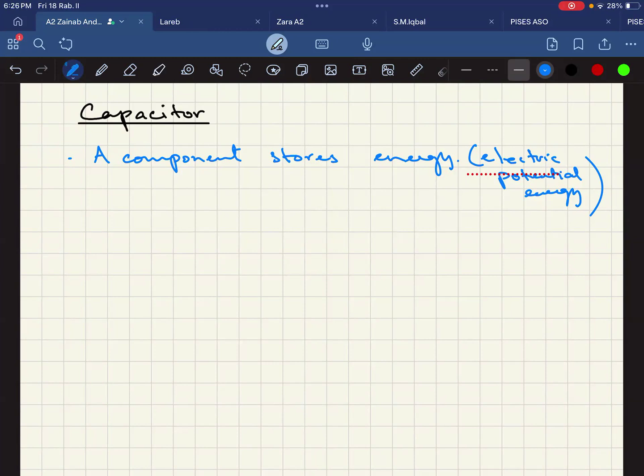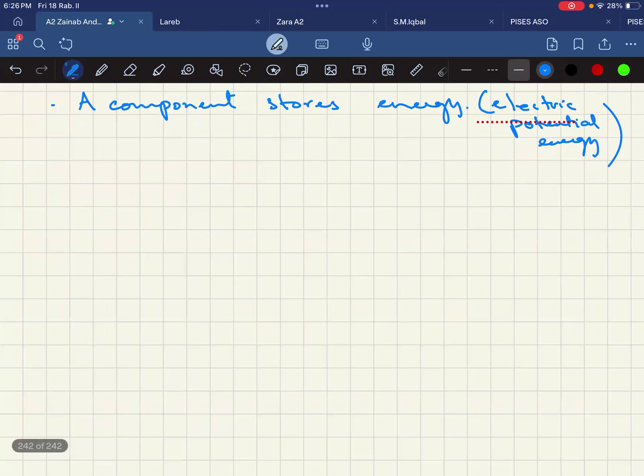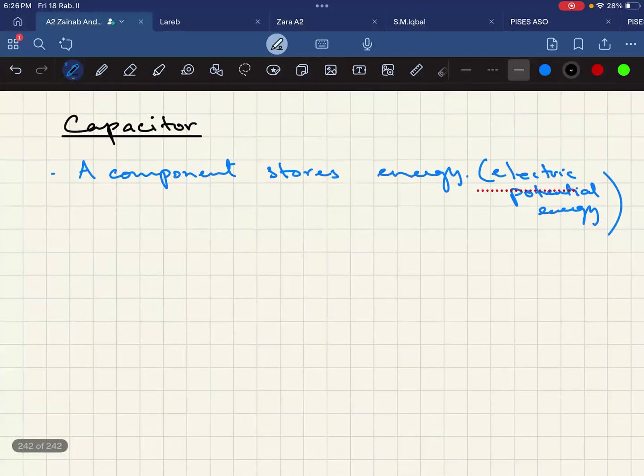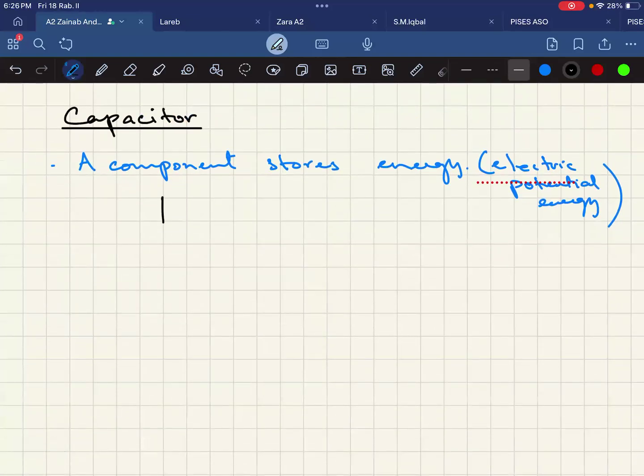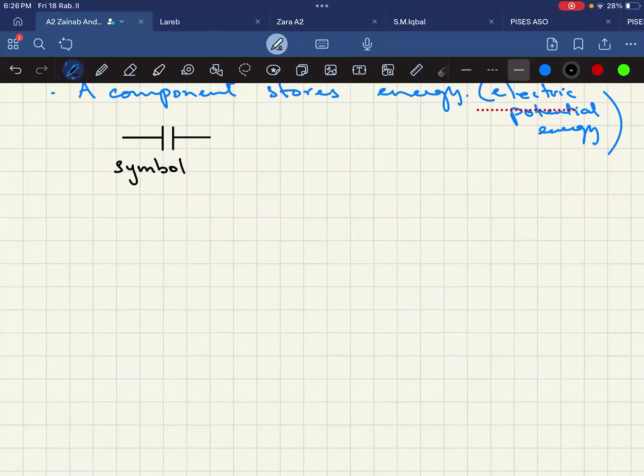So let's talk about the charging of each plate. For example, let's first discuss its symbol. Its electrical symbol is like this, two parallel equal lines. This is also called a parallel plate capacitor. If we discuss the symbol in detail, remember these two plates are